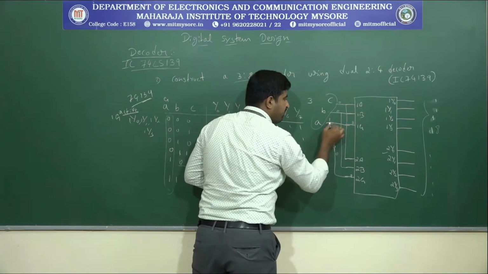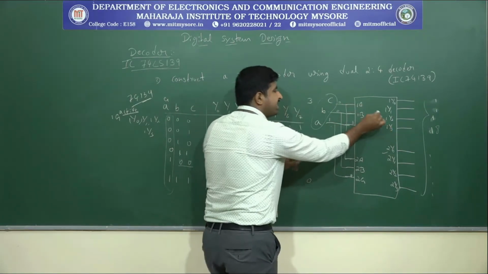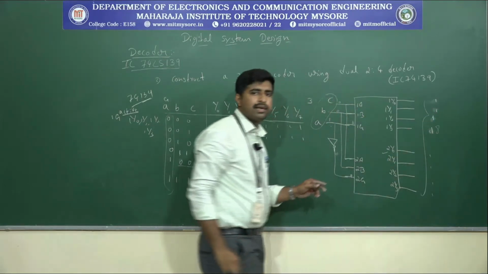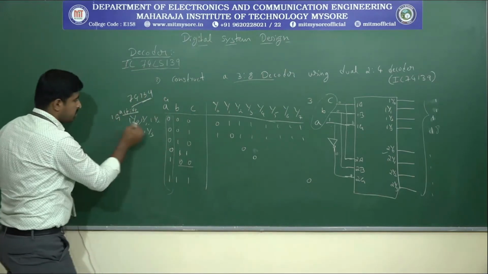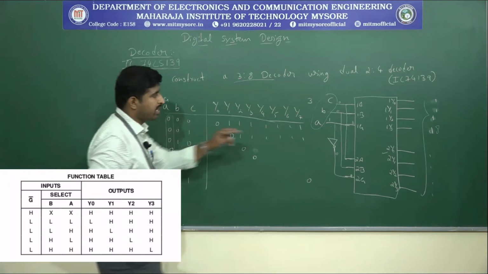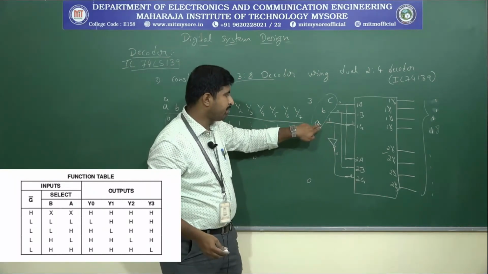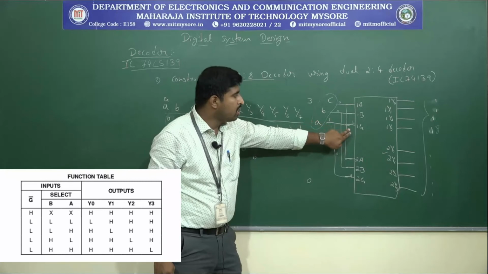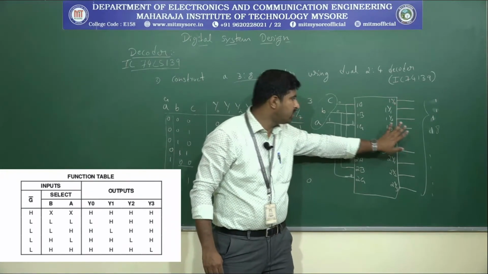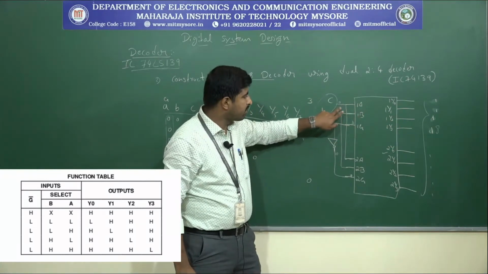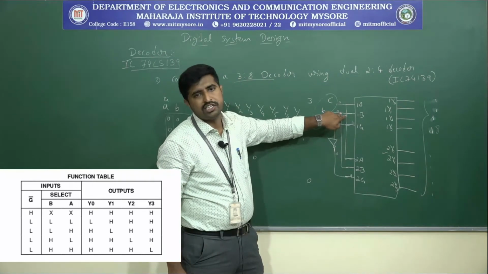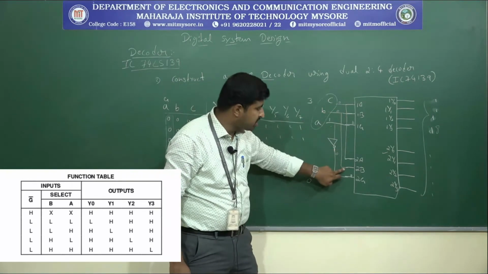So here, when the decoder is deactivated, whatever may be the input, the output will always be disabled, as per our truth table. So we can recall that table. By recalling the table, we will get to know that when the enable input is 1, the output will be disabled. So here the outputs will always be 1 1. Whatever the input may be, 0 1 or 1 0 1 1, it does not change the value. Only this one is going to change here.